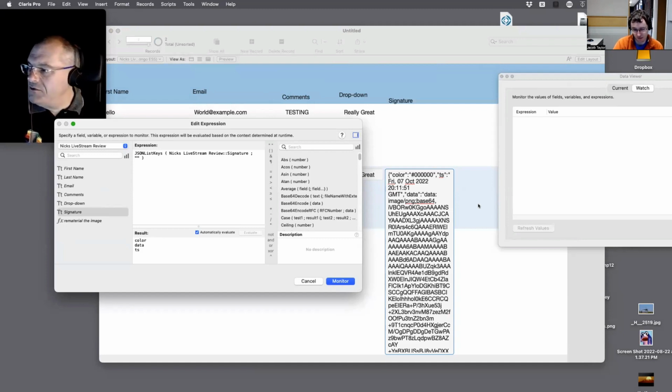Now replace the quote with data. Oh, I see what you're saying. Wow. Okay. Data won't have any keys. Interesting. Nothing came back. You're doing this wrong. Data has no subkeys. Data is a key value. So you have a key, which is data, and the value, which is the data, the image data.